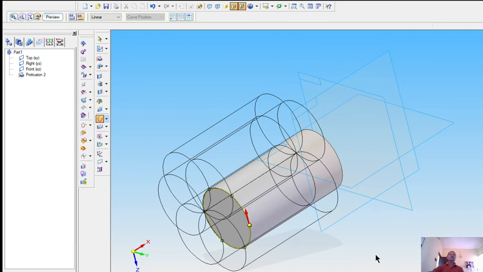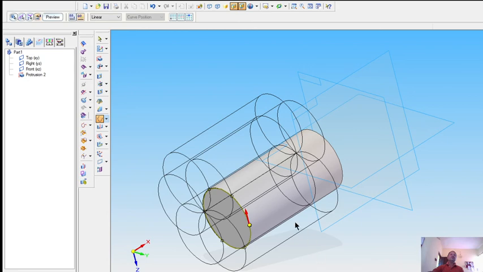So this is the first one, the created feature. We have selected this circle and we have created the pattern along the curve path.